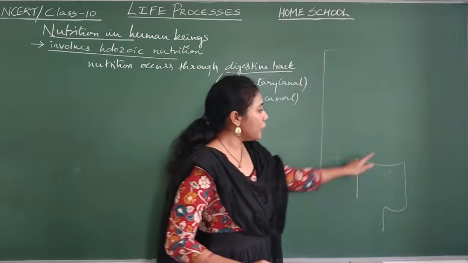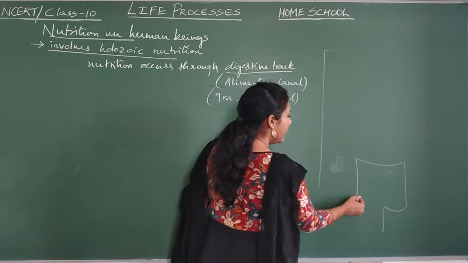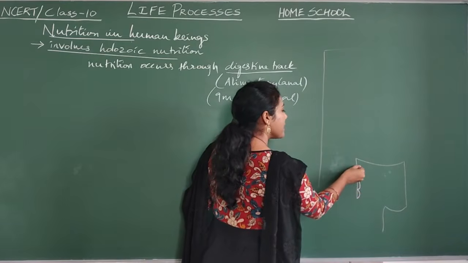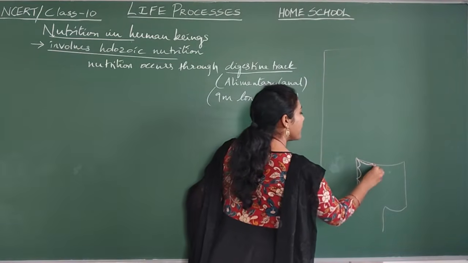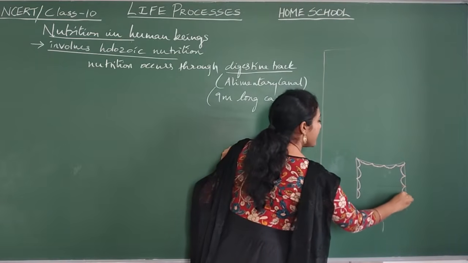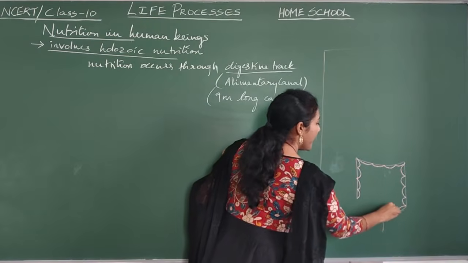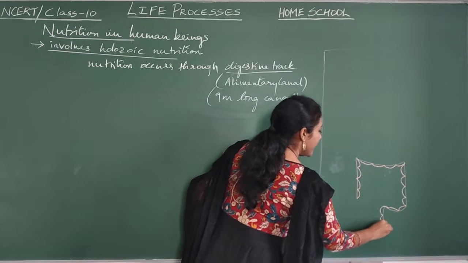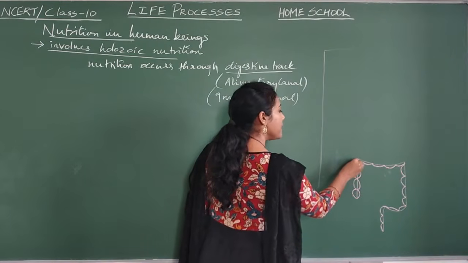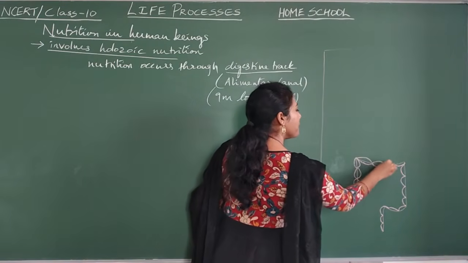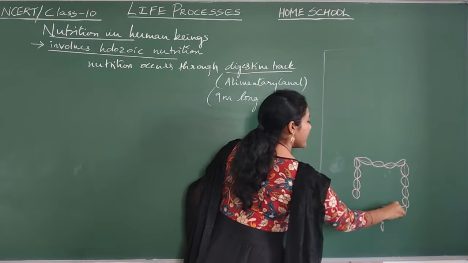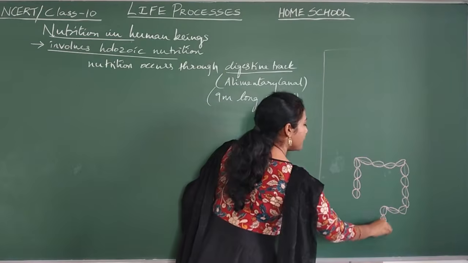This is the outline you put first, and later to this outline, this is how you start doing, like this. I'm showing it in the easiest way. At least this much you have to draw for the digestive tract. And later like this, curves. You're just putting these curves. Okay, like this. This is how you're putting the curve.